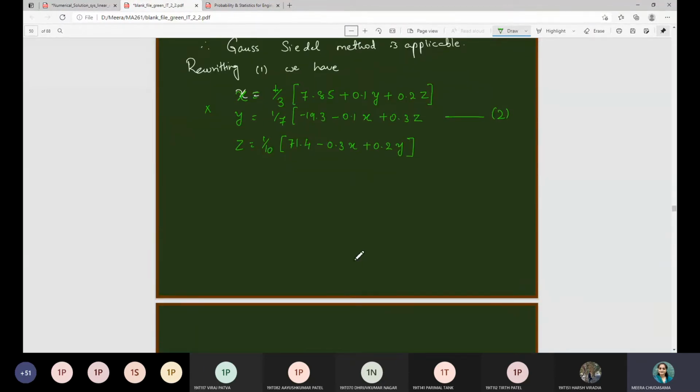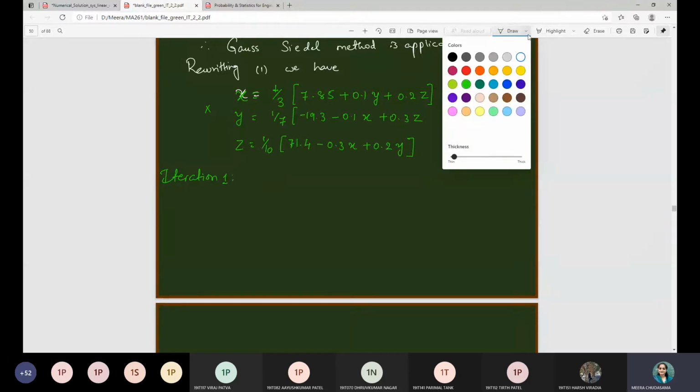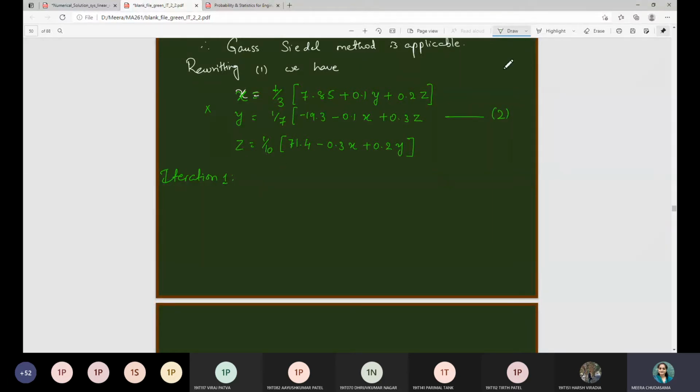So now we are going to start with the iteration, right? So iteration 1. For iteration 1, what do we have to do? We have to assume the initial approximation. So in that case, assuming x0, y0, z0 is equal to 0, 0, 0 as the initial approximation,